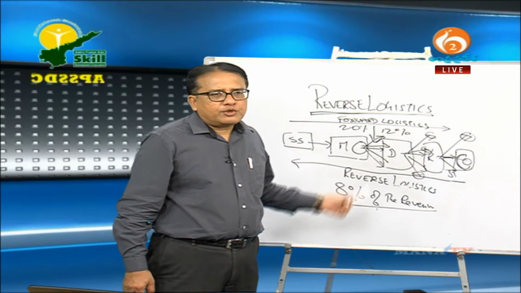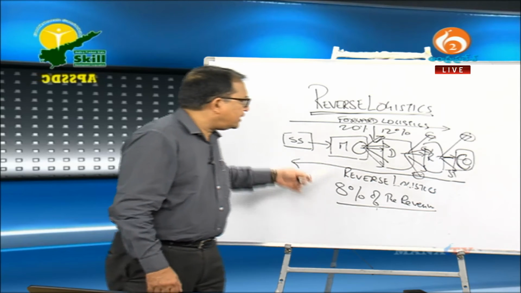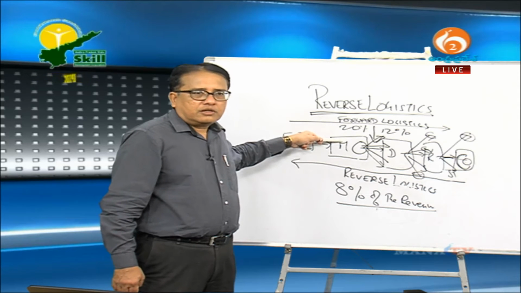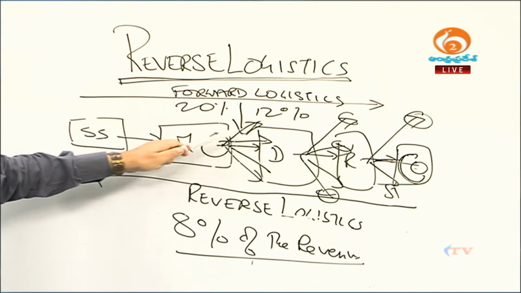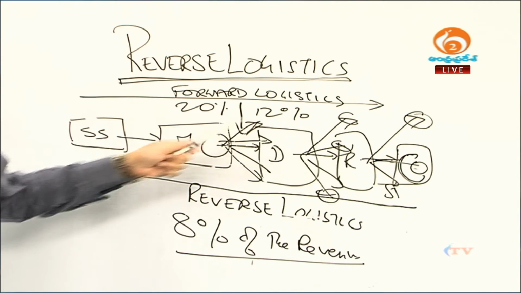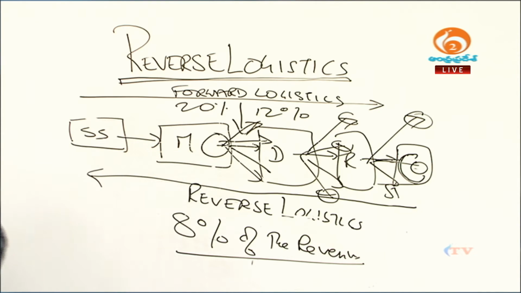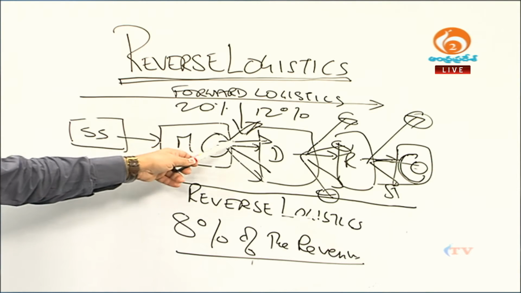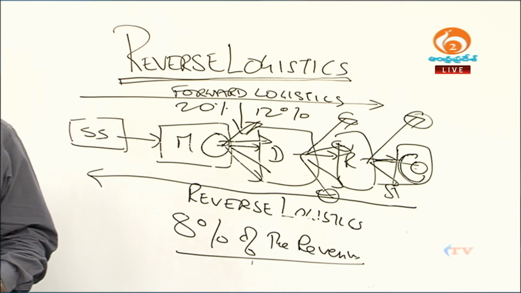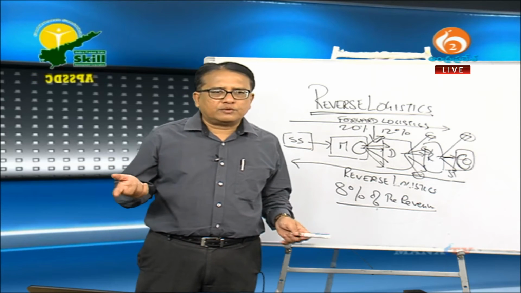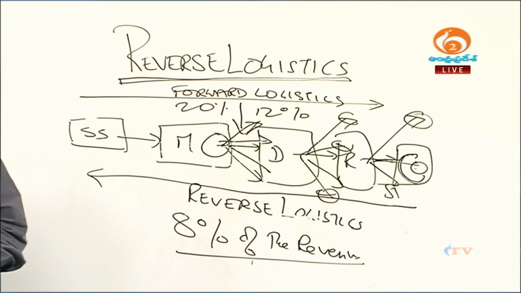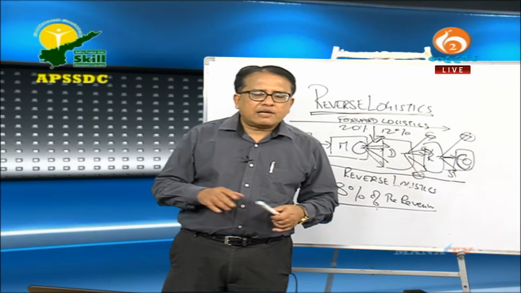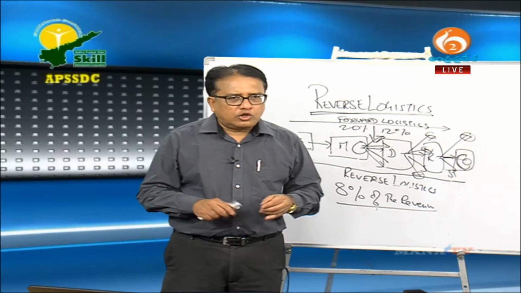Forward distribution cost: there is a cost involved, the manufacturer sending to the distributor, the distributor sending to the retailer, and everybody has a specific and clear idea as to how much it would cost for the shipment to be sent from his facility to the distributor, or the distributor to the retailer. But when a shipment is returned, it is subject to a lot of uncertain